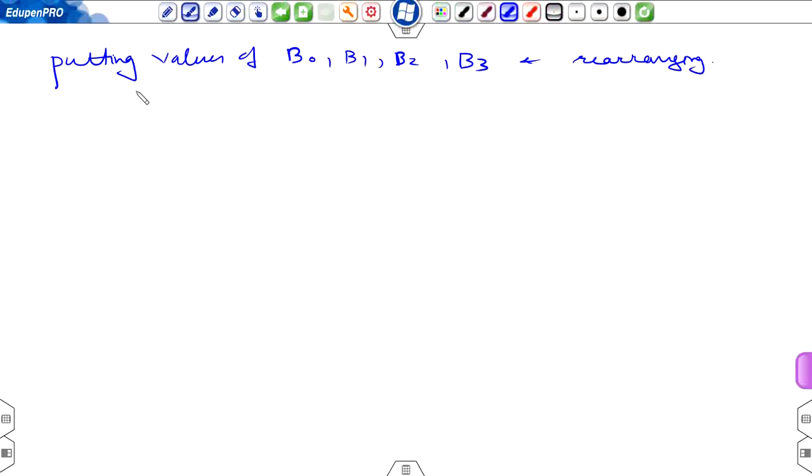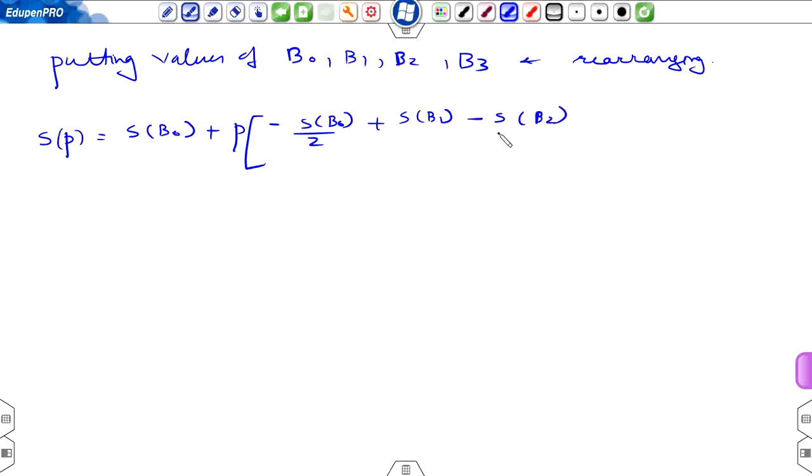So now putting the values of beta 0, beta 1, beta 2 and beta 3 and rearranging the equation, we have S of p equal to S of beta 0 plus p, and in the bracket S of beta 0 by 2 plus S of beta 1 minus S of beta 2 by 3 minus S of beta 3 by 6, plus p square